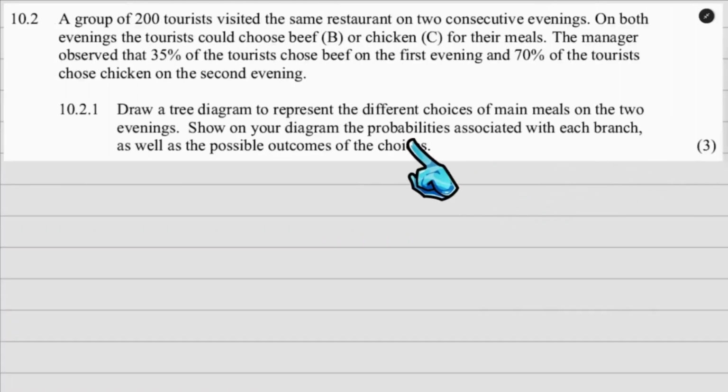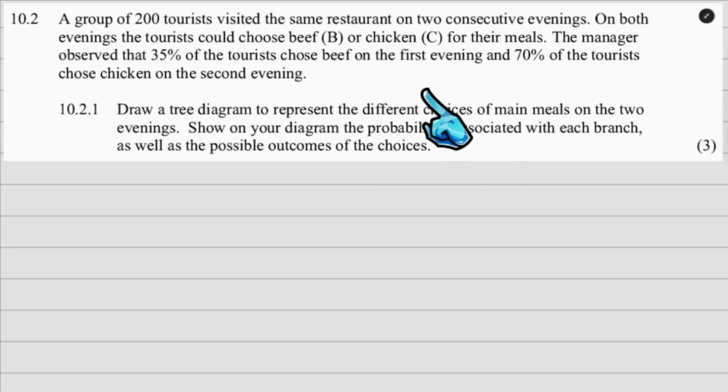Okay, in 10.2 we've got a group of 200 tourists and they're visiting a restaurant and they have two choices. They can get chicken or beef. Clearly there's no vegetarians here. The manager observed that 35% of tourists chose beef on the first evening and 70% of the tourists chose chicken